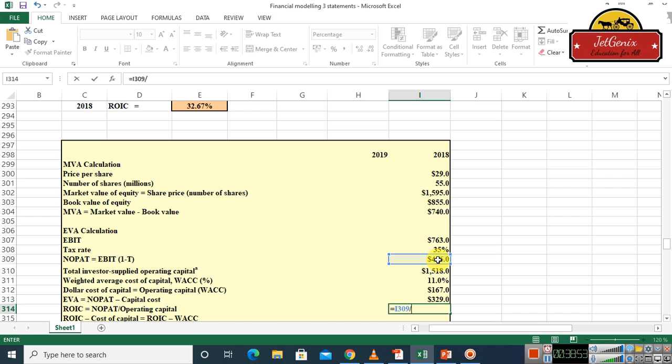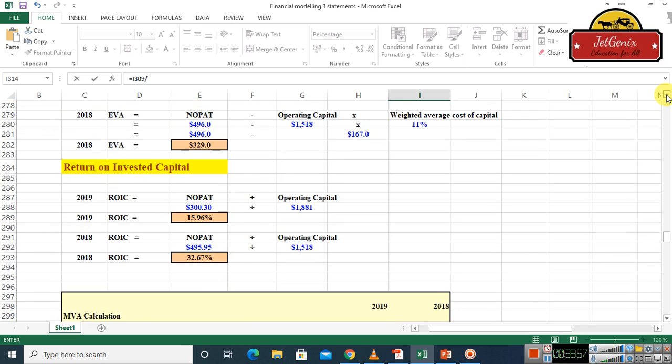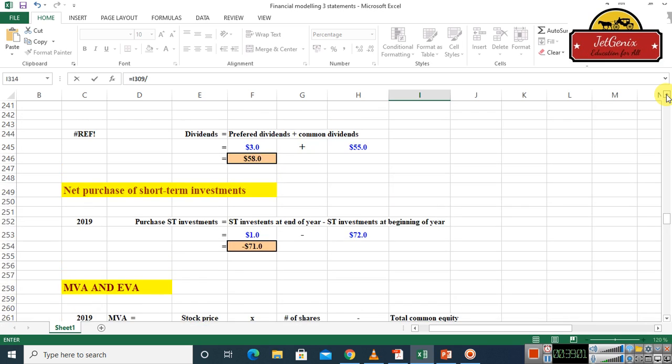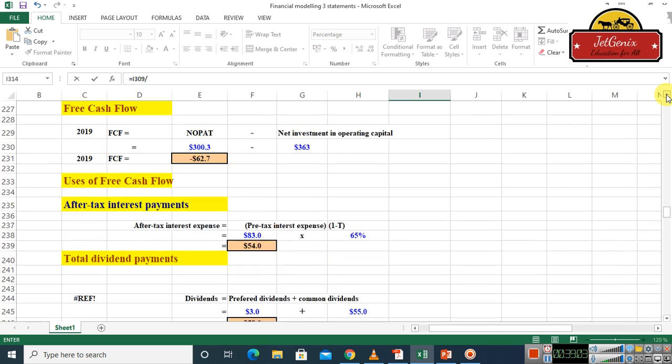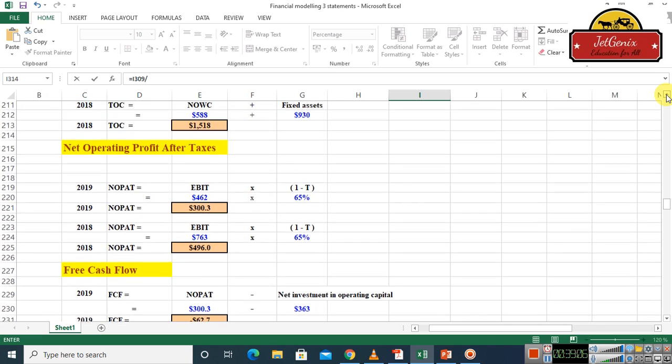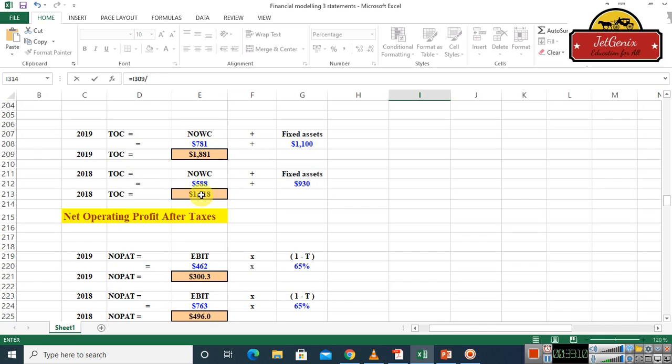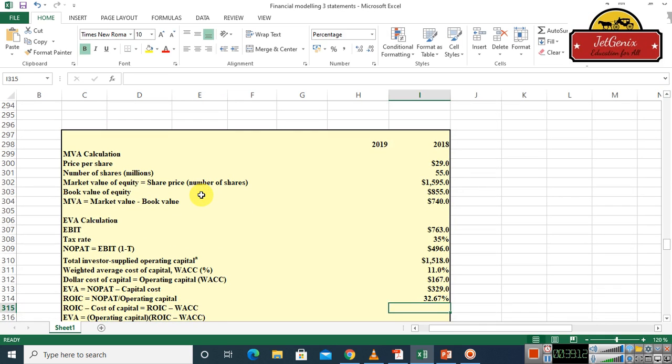The operating capital for 2018 is here, and press enter. You see, we found the return on invested capital,